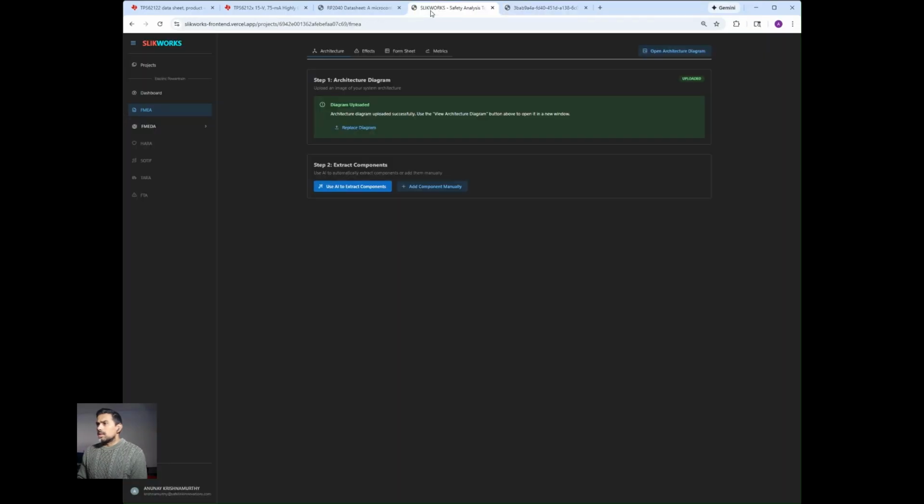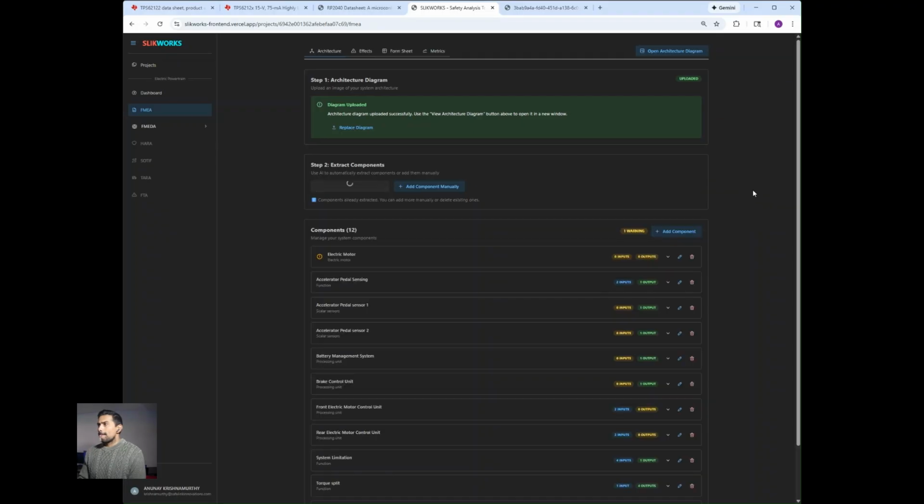So let's take a look at this example. So I uploaded the architecture diagram and I say use AI to extract components. The AI part here is the image recognition algorithm. So it's identified all these elements, and